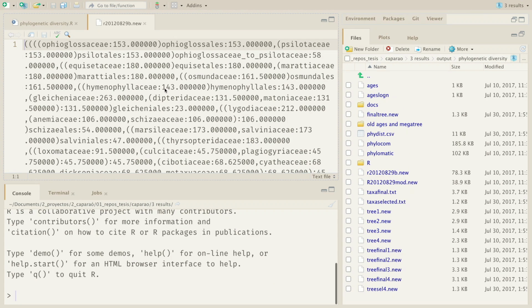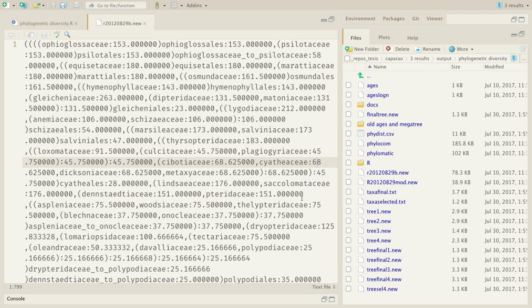Looks like this. Phylogenetic trees in computation analysis are basically text files that have parentheses and that join the clades. The closest clades are inside closest parentheses, and the nodes are dated. So this is how a tree looks in a text file, and there are two